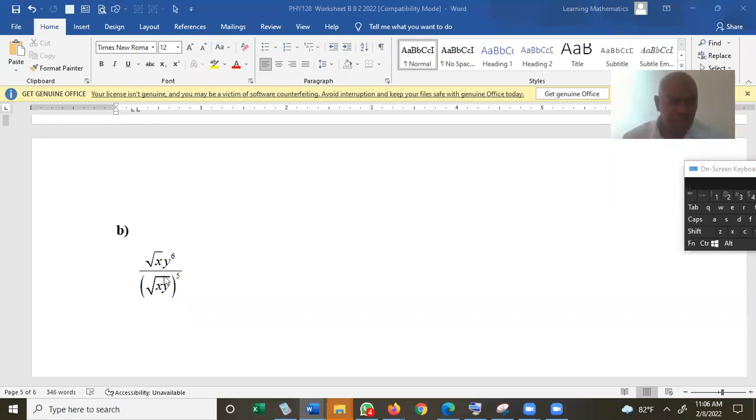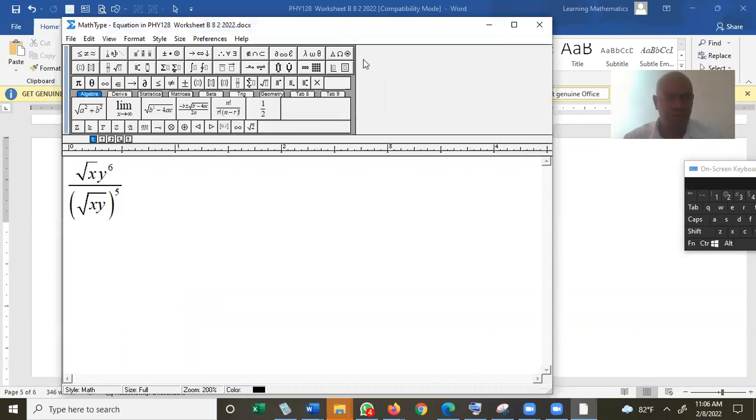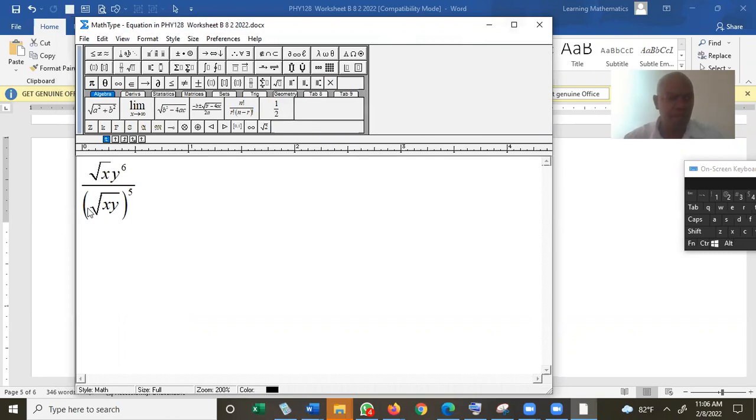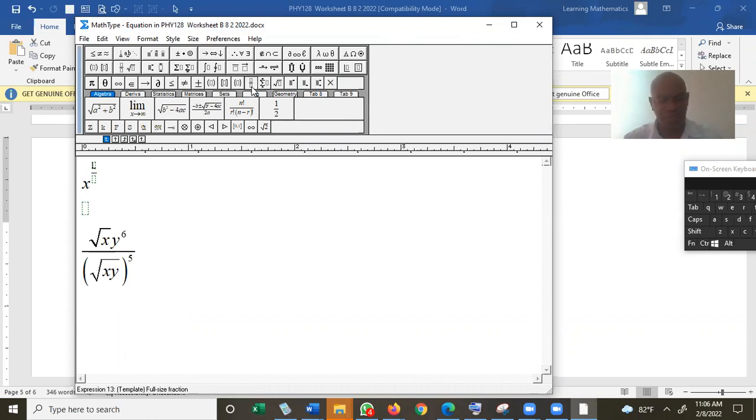We are going to simplify this expression. There it is. And before we begin, we have to take note that if you have x, a base raised to an exponent which is a fraction, a numerator and a denominator, x, or y, whatever your base is, raised to a fractional exponent,